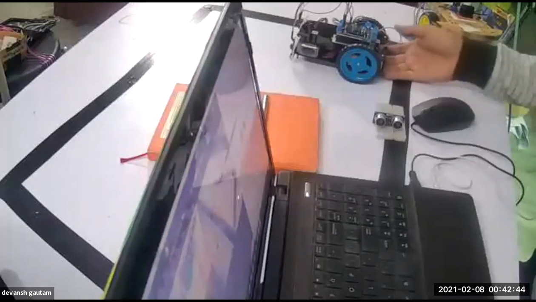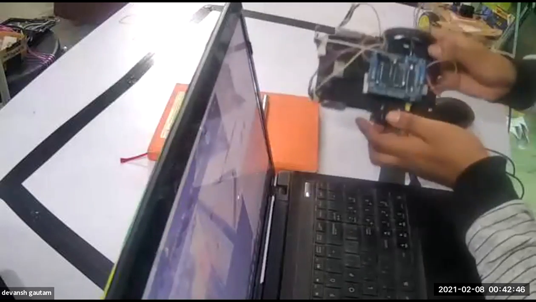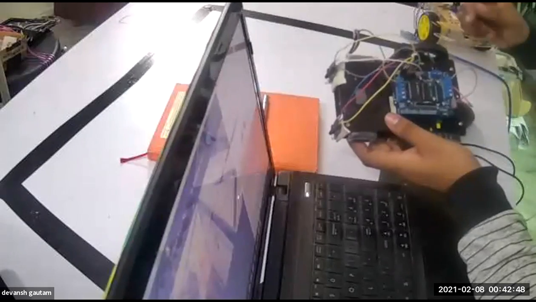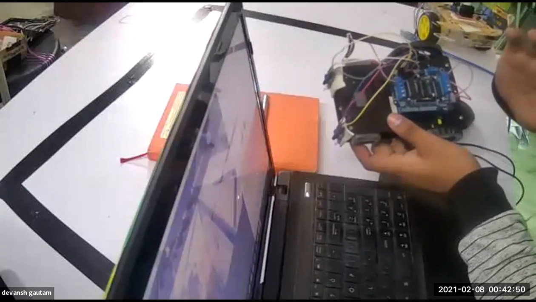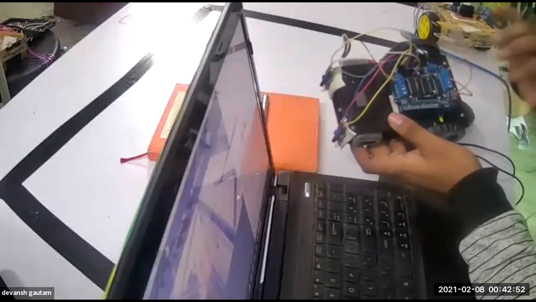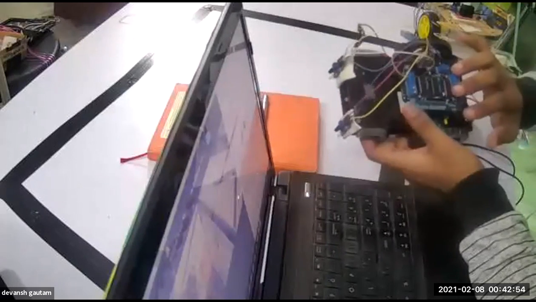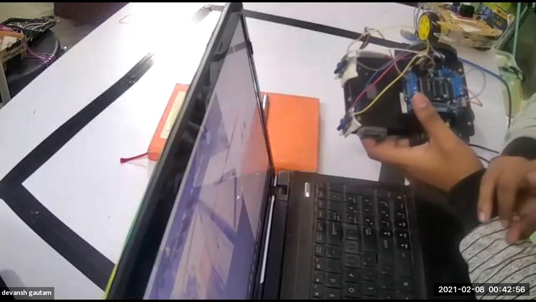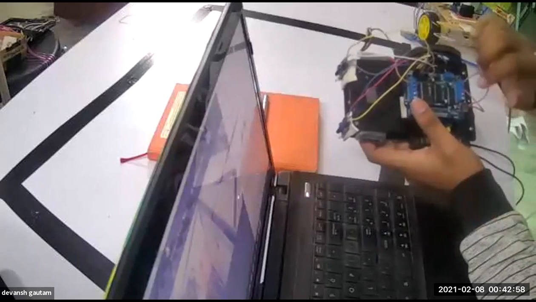If you are able to see, this motor driver can control four motors, and each motor requires two wires.